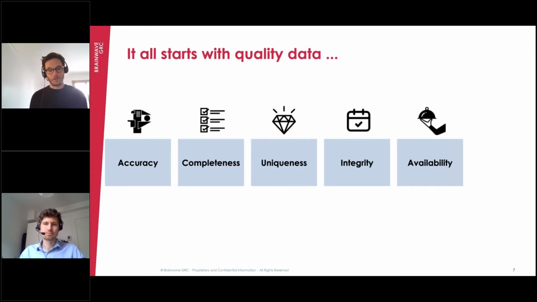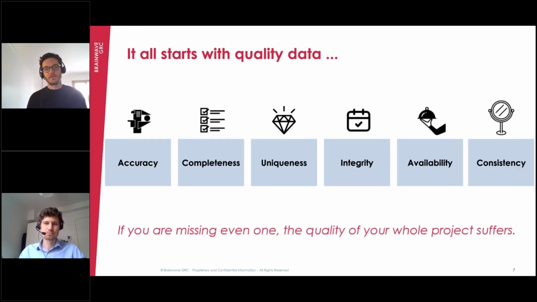So it's a very important parameter. Availability: you need to be able to access this data to be able to analyze it. And the last one is consistency. You need to ensure the data is consistent across all systems. So if you have an employee status that is terminated in the HR system, you can't have on SAP, for example, the same employee having some accounts that are still active. You need to have consistent data across any kind of system within your company.